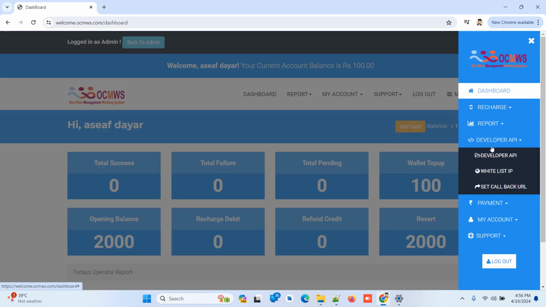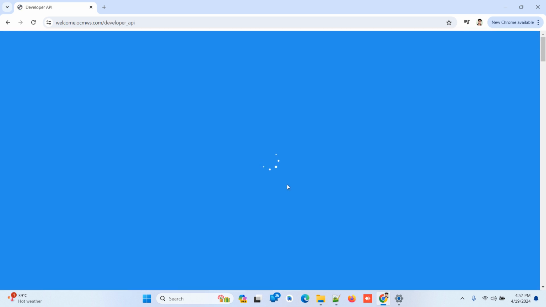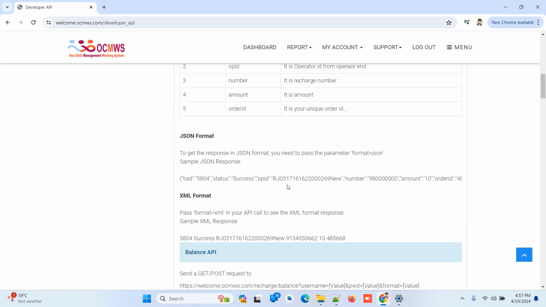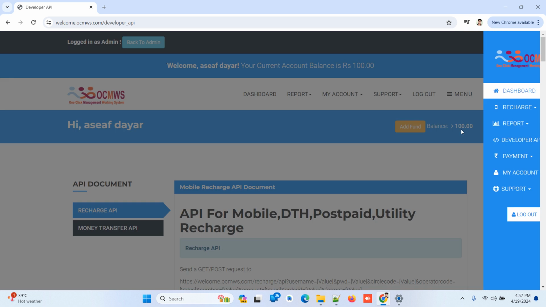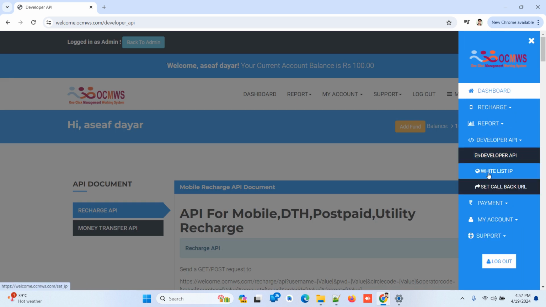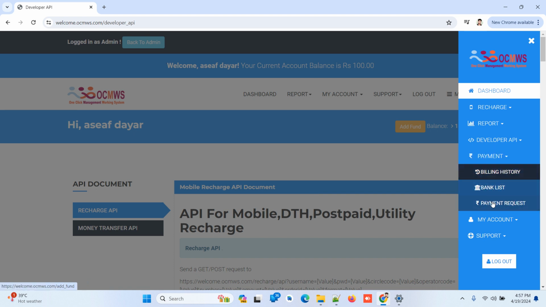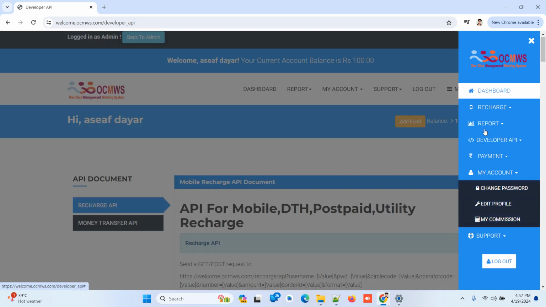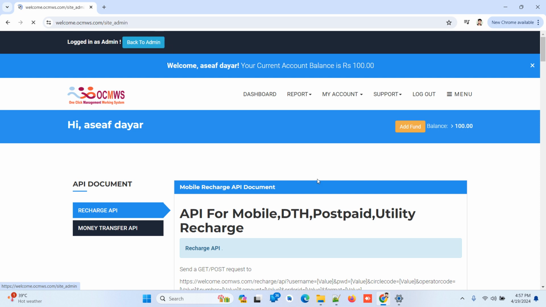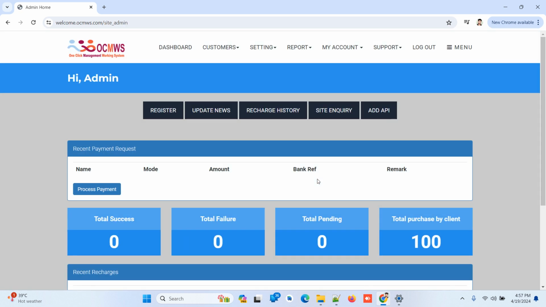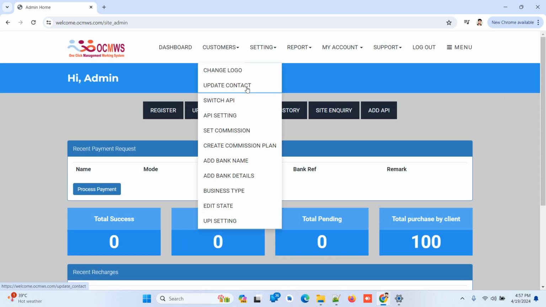Here is the developer API. We add the developer API and operator codes all here, and you can manage the whitelist API and set the callback URL. So don't worry about that, it's fully managed. In the admin account you can set operator discounts and more from here.